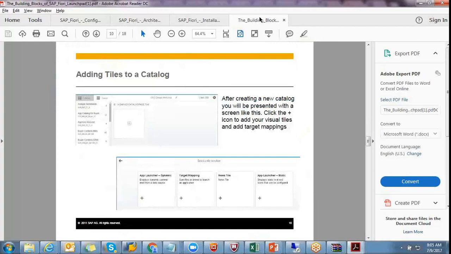There are different types of tiles: dynamic tile, static tile, analytical tile, news tile. Dynamic tile means if you see any tile showing open items, like leave requests, if there are 5 leave requests, it will show you the number 5. If you approve one, it will show you 4. If you approve 3, it will show you 2.